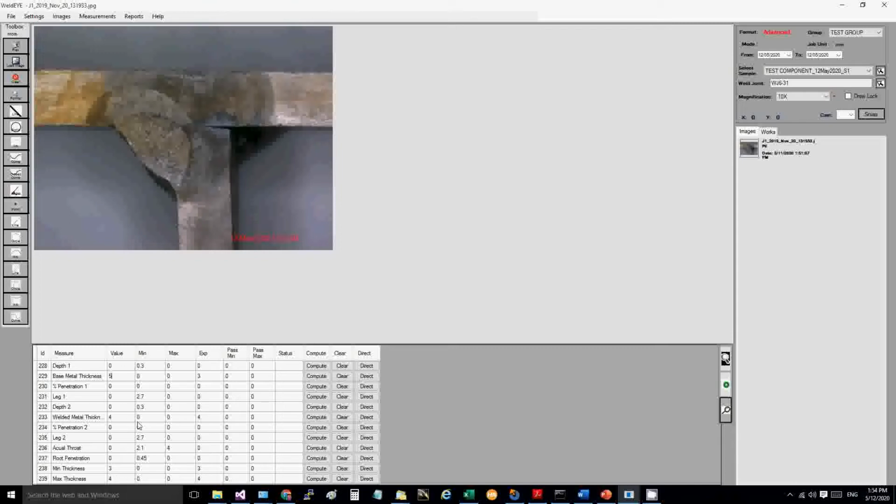Now if I change the entry, you see values got changed because in rule 2 my cutoff was 20% of minimum sheet thickness. So 20% of 4 is 0.8. This is 70% of minimum sheet thickness. So all these values got updated accordingly.